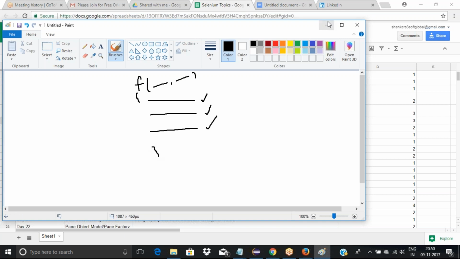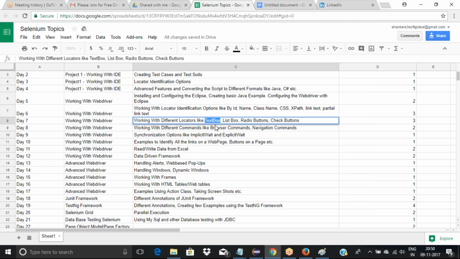Like this, for each control, there are various operations you're going to do. Like, is the text box present or not, enabled or not, can I enter the value or not, how to read the value from a text box. And when we go